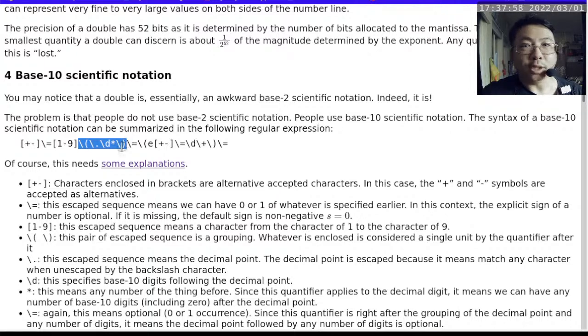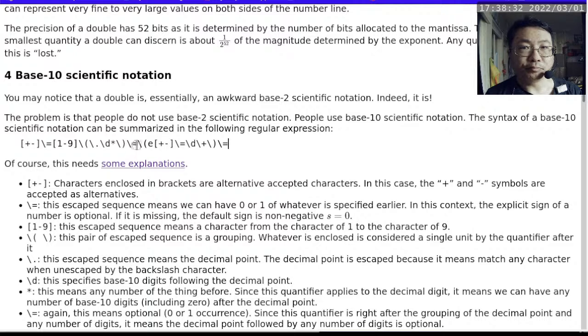That's what this entire group is trying to specify. And then this entire group is followed by a backslash equal to, which we have already talked about. This means it is optional. We can have 0 or 1 occurrence of whatever is before the backslash equal to. So this time it is applied to the entire group here. So that means the dot blah blah blah blah blah is entirely optional. You can have just a single digit with no fractional part, and that is okay according to this syntax